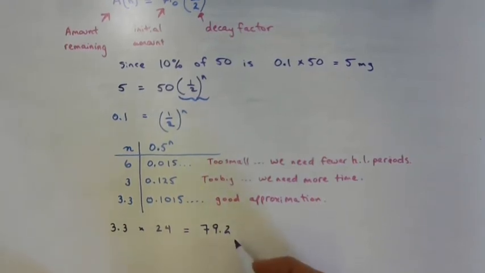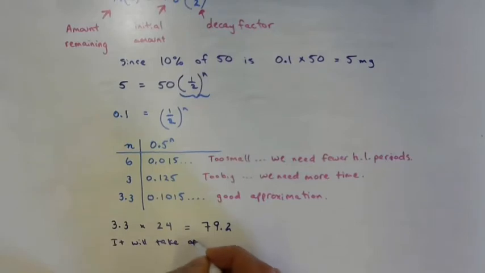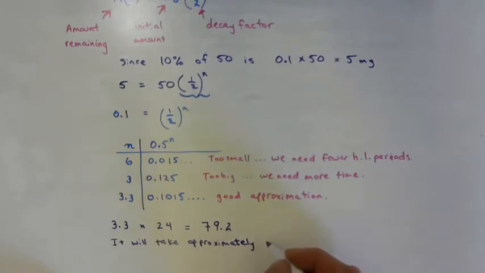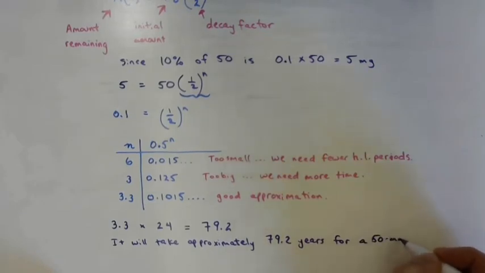What does that tell us? It will take years. Yeah, it will take approximately 79.2 years for the 50 milligram sample of plutonium